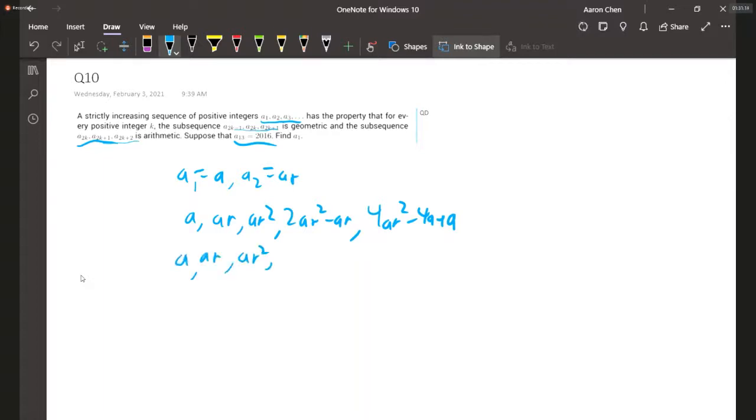So this is A, AR, AR squared, (2R minus 1) times AR, A times